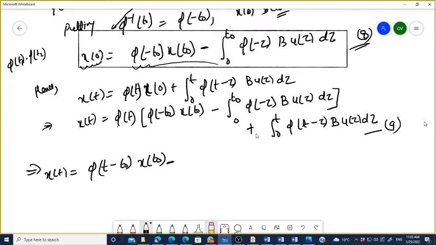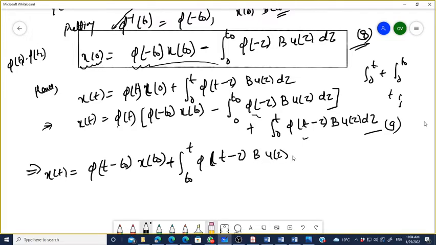और now इसको और इसको कंबाइन कर दिया जाए, then your equation becomes, right, t naught to t, है ना, because this is 0 to t और 0 to t naught है, ठीक है, तो हमने इसको ब्रेक कर दिया 0 से t and t से t naught, right, then we have taken t naught to t. So ultimately the equation becomes integral phi t minus tau B u tau d tau, right. So this is the final answer,